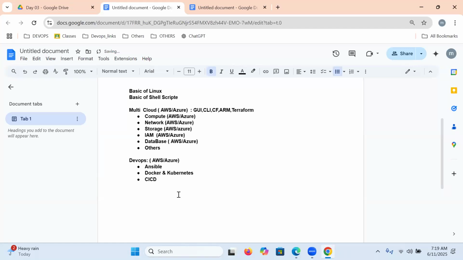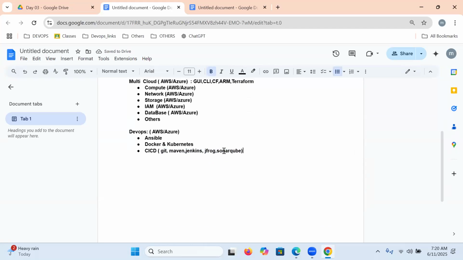In CI/CD: Git, Maven or GitLab, GitHub, Maven, Jenkins, JFrog, SonarQube, and moreover monitoring also.